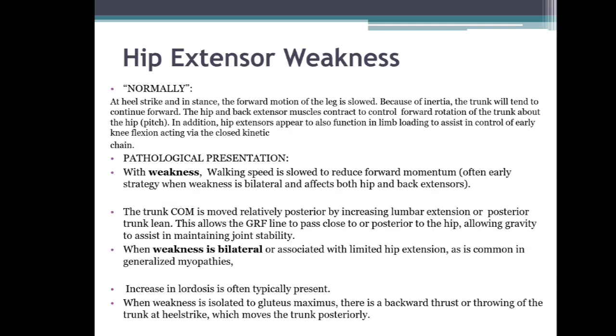Hip extensor weakness: usually the forward motion of the leg is slowed, and with weakness the walking speed is slow to reduce the forward momentum. The trunk center of mass is moved relatively posterior by increasing the lumbar extension. When weakness is bilateral or associated with limited hip extension, as is common in generalized myopathies, an increase in lordosis is typically present. When weakness is isolated to gluteus maximus, there is a backward thrust or throwing of the